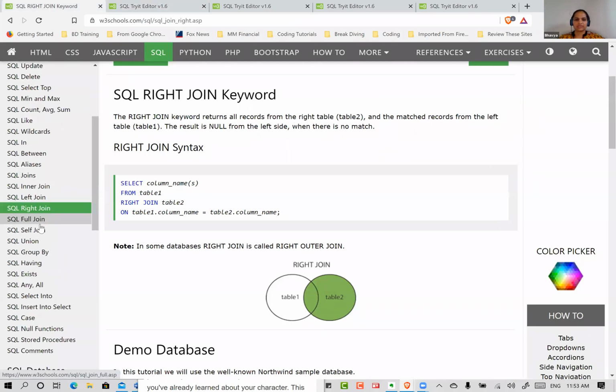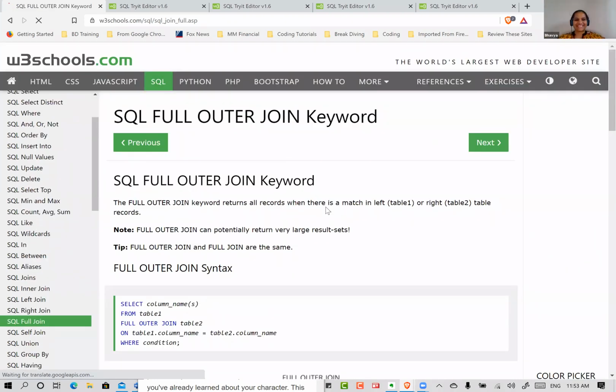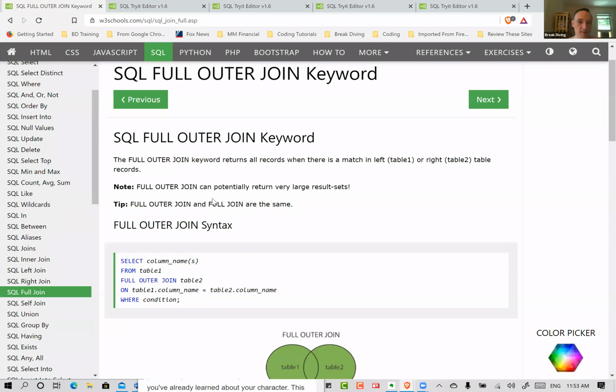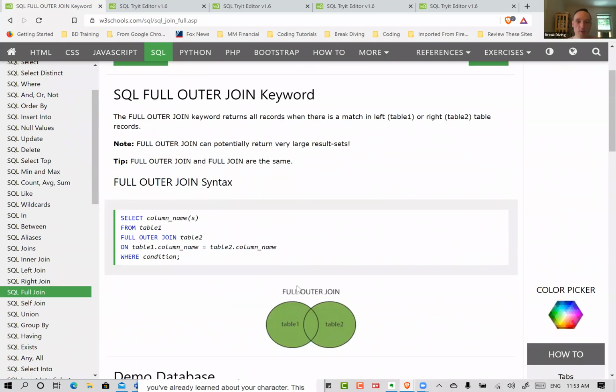And you want to see? Okay, shall we do a full join? Yeah. Let's do it. Let's go all the way. Yes, let's do it. Okay, SQL's full outer join returns all records when there's a match in the left table